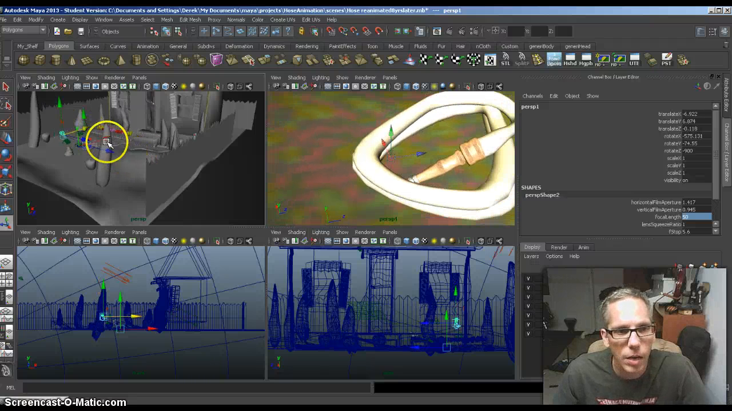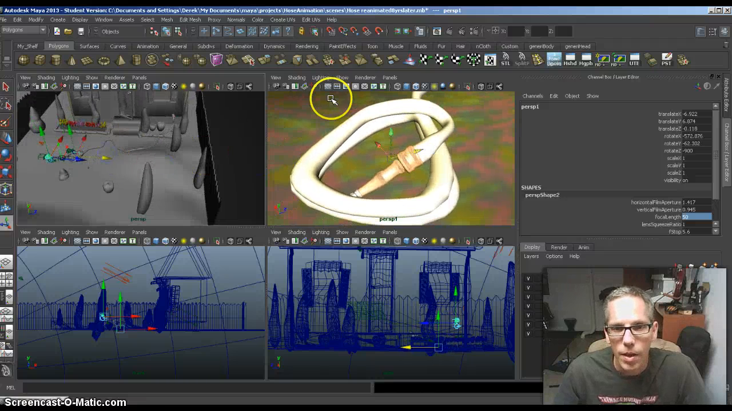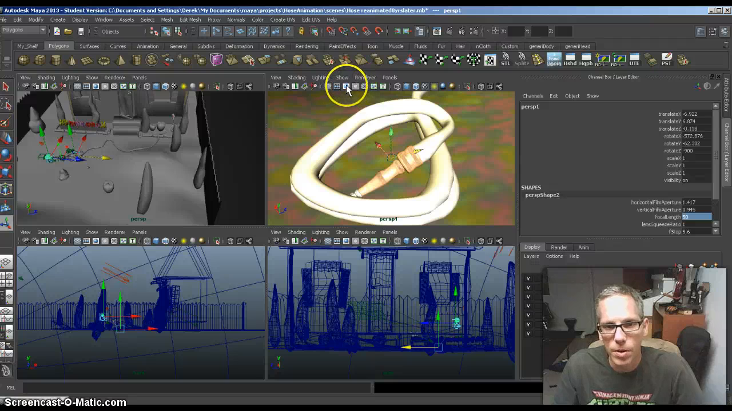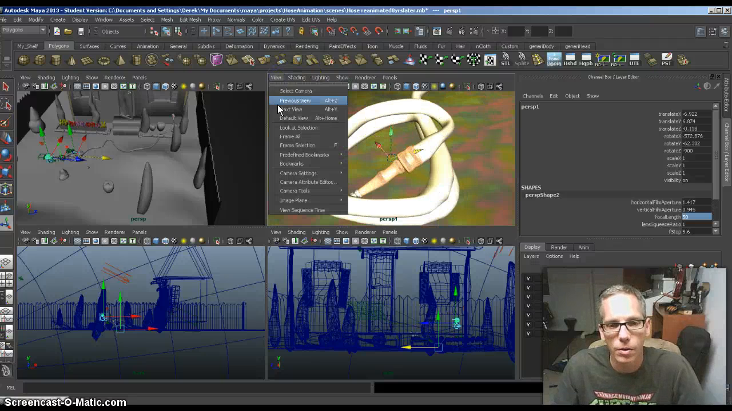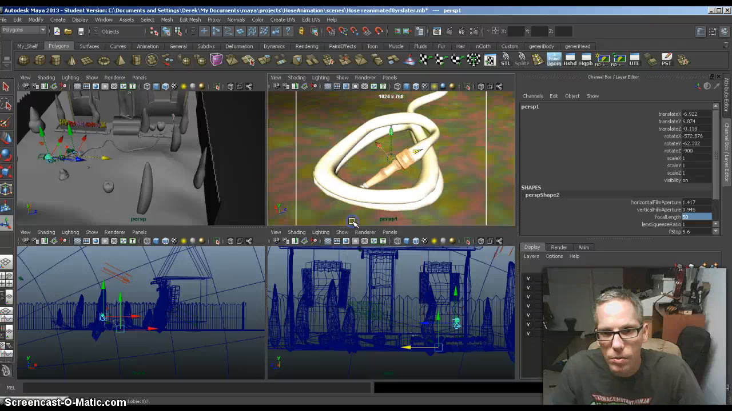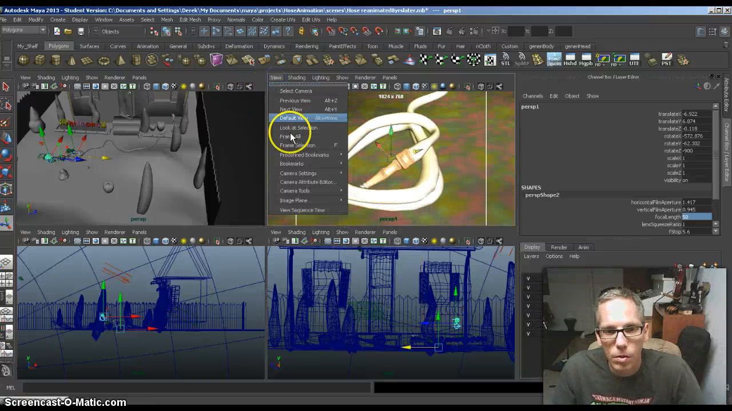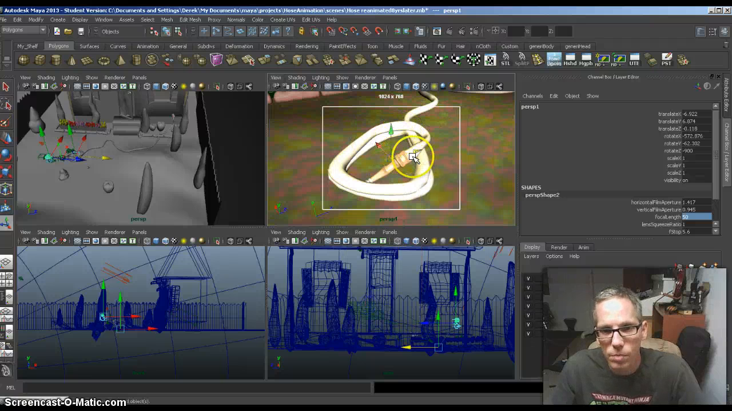So I can focus my camera nicely on there, back it off a little bit, and I can see what's actually going to render by using my camera tools here under camera settings, and I can bring up my film gate or my resolution gate here, and then I can go to film or camera settings and go to vertical. So this is what my camera is actually going to render when I